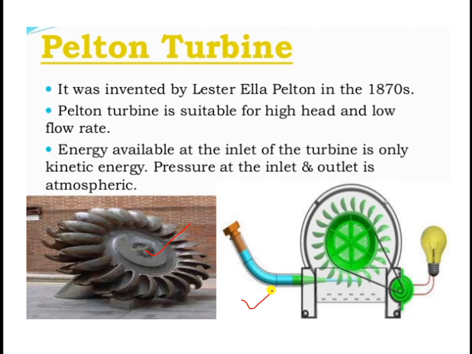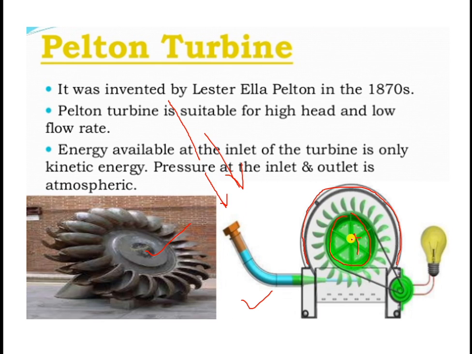This will give you the idea that this will be inside one casing. This is the rotor, or you can say wheel, on which the buckets are mounted. Whenever the water from a very high height, that may be 80 meters, 70 meters, or 700 meters, from the dam area, moves through the penstock, its potential energy will be converted into kinetic energy, and then through this nozzle it will be impinged on this bucket, so that in turn this wheel gets rotated.